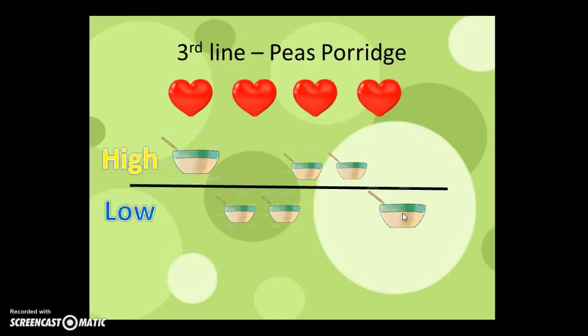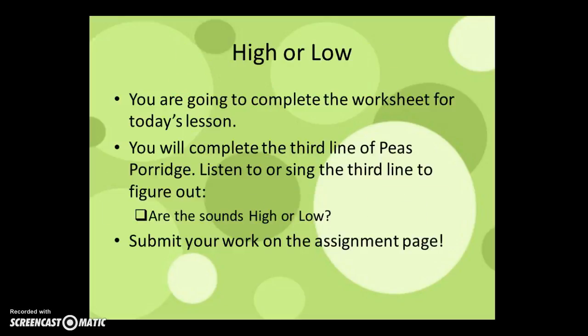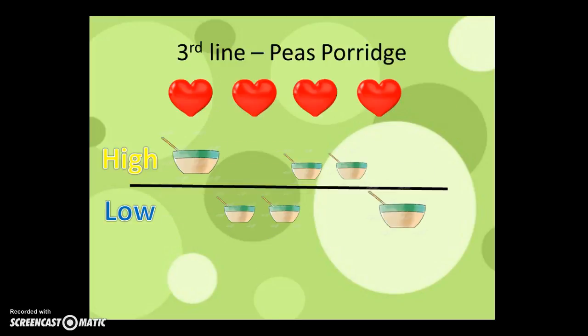Okay, so you can figure out where those high and lows are by clapping. Peas, porridge, in the pot. Okay. This is what your worksheet will look like. Again, you are to complete the third line by circling the order of those high and lows. Okay? The first one is done for you, but you have to finish the last